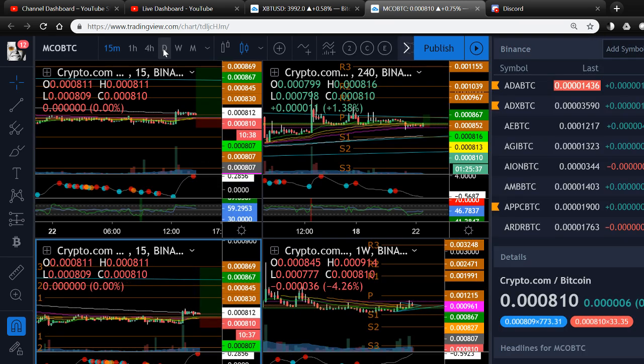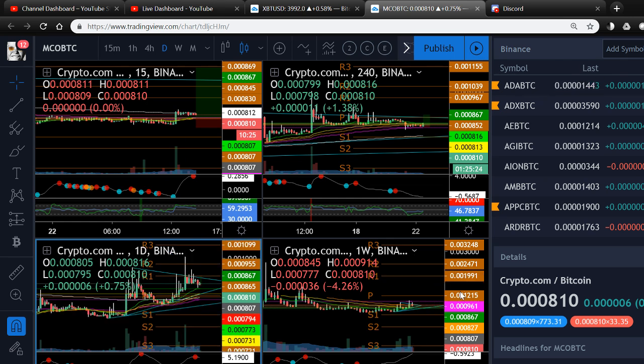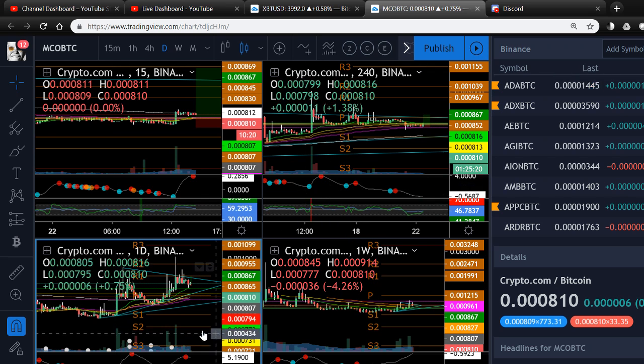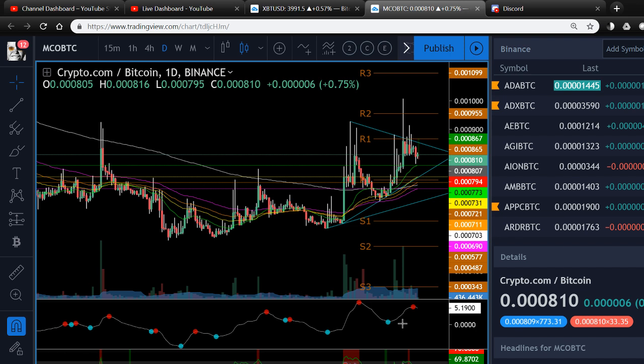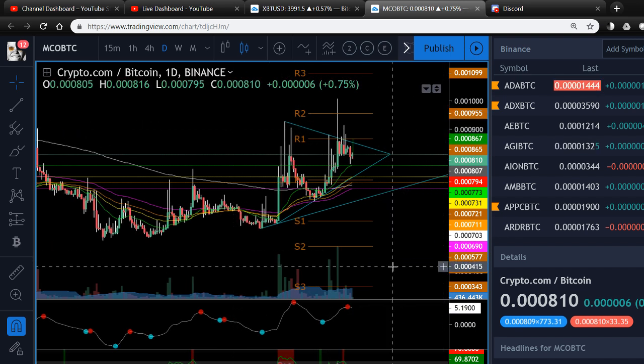When I'm looking at something, I usually look at four time frames, where there are different supports and resistances. So I look at the 15 minute, the 4 hour, the daily, and the weekly. So let's take a look at the daily. Look at the larger time frames. Let me take a look at Telegram over here. Give me 1 second, guys.